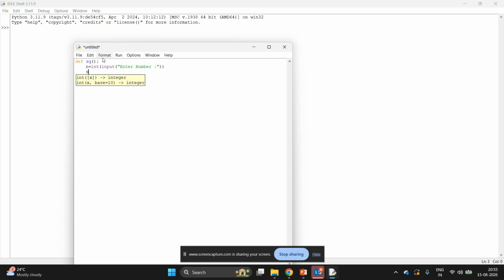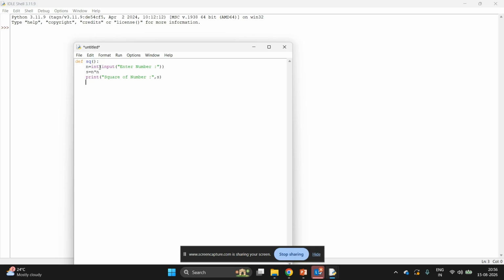In the s variable, I want the square of this n variable, and I want to display this answer, that's why I am writing print. In brackets, I will write square of number is equal to, comma, answer is in your s variable.